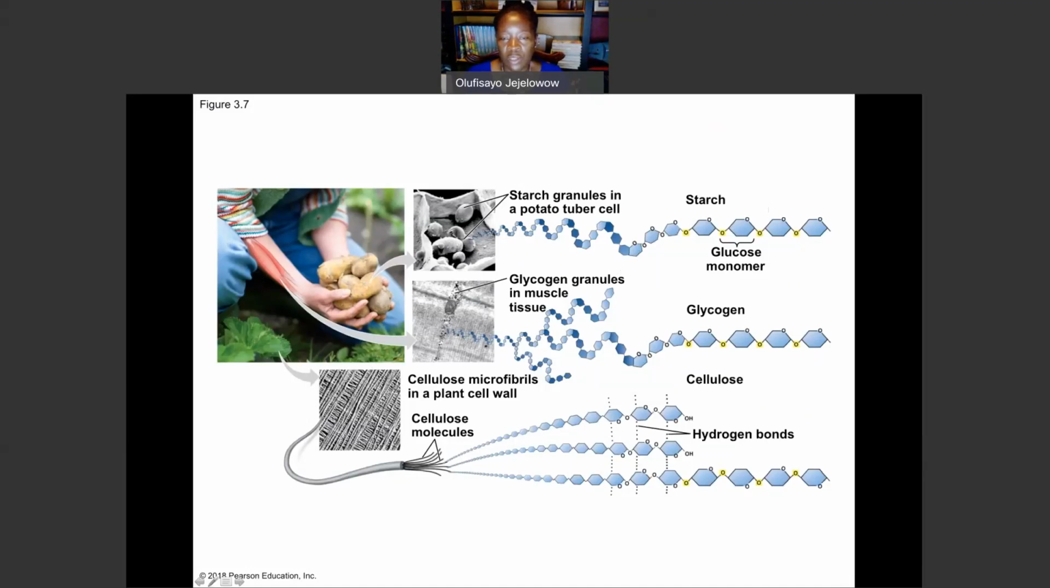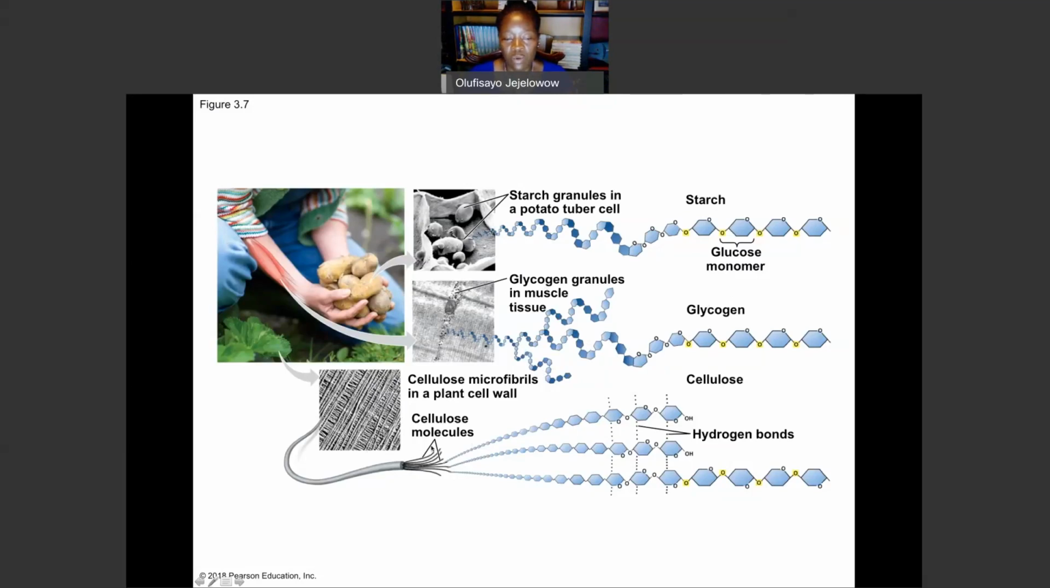So we see the glycogen granules in the muscles. Look at the branches; the fibroid manner in which they are put together is what forms glycogen. So we have the same glucose molecules, but the way in which they are arranged determines whether they will become starch or glycogen. In plants, the same glucose molecules are put together to form cellulose microfibrils in the plant cell